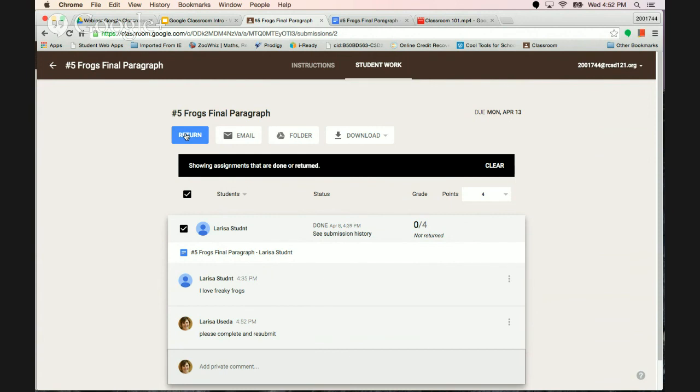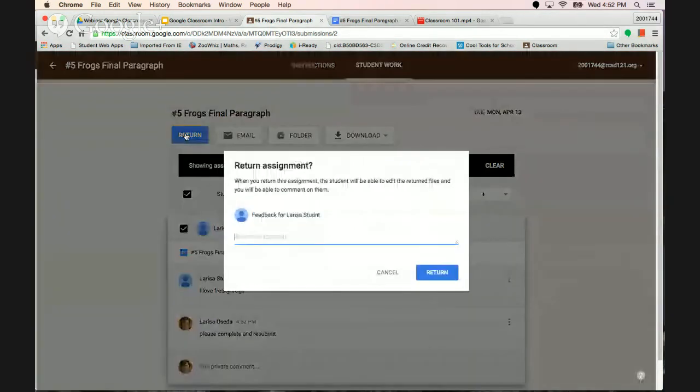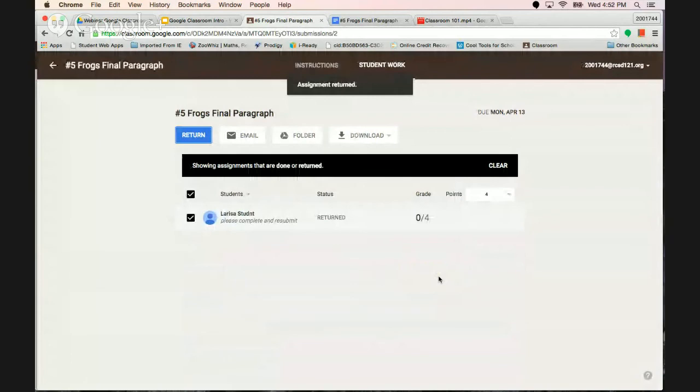So that gives them the control over the work, and they can continue to work on it. So as a teacher, I can click return, and that is now returned to the student.